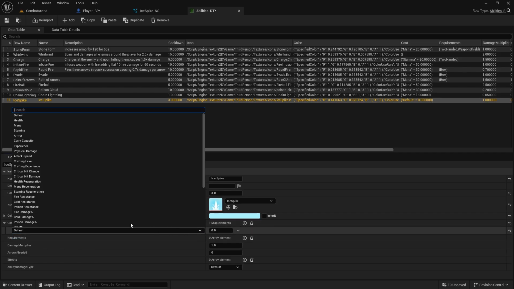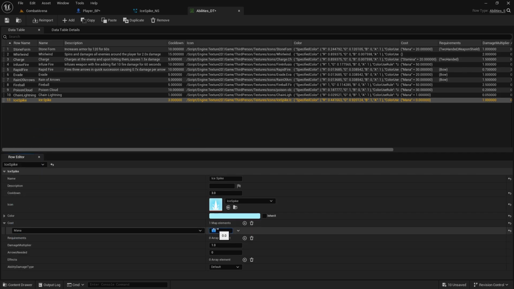Cost, it will be mana because it's a spell, and 25. Requirements, I'm not going to set up now. Damage multiplier, maybe like 2, so all the damage on the player times 2. Arrows needed, we don't need. Effects,